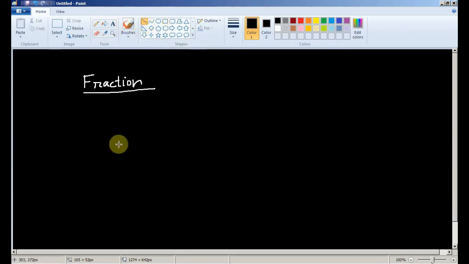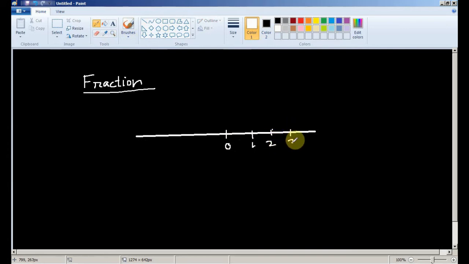So this is my number line. So I have a number line, okay, and the number line I divide into equal parts. So this is 0 in the center, and this part is positive 1, then 2, positive 3, and 4. Similarly, I have negative on the side, negative 1, negative 2, negative 3, negative 4.